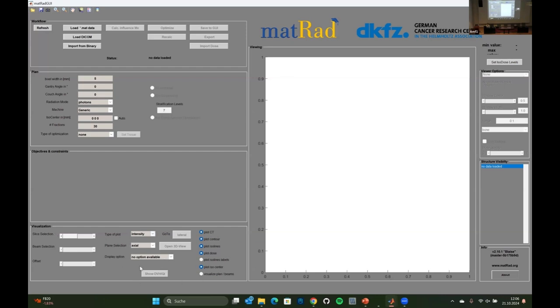Some buttons that are particularly interesting are here. This one helps you to visualize your angles, the visualize plan beam button down here. Of course, also showing the dose volume histogram is something that we do a lot in treatment planning. And also the 3D view, I think it's written in the workflow and you can click it, but MATLAB